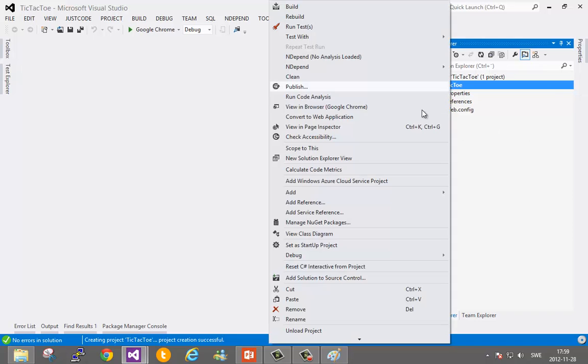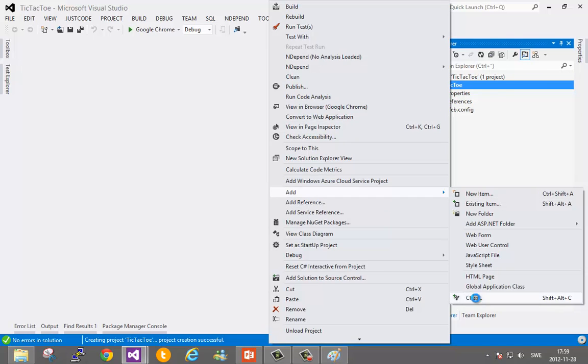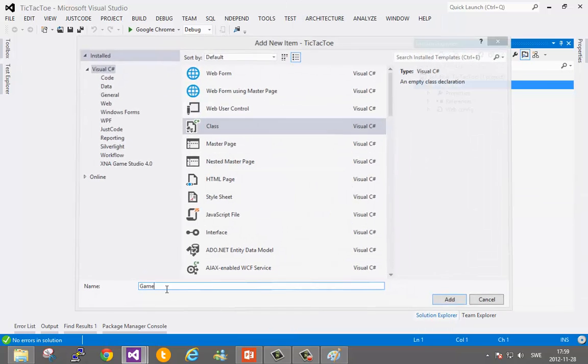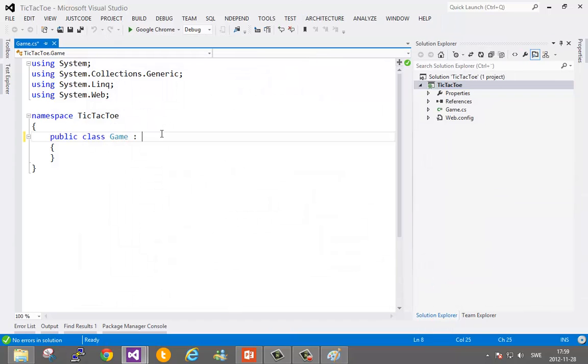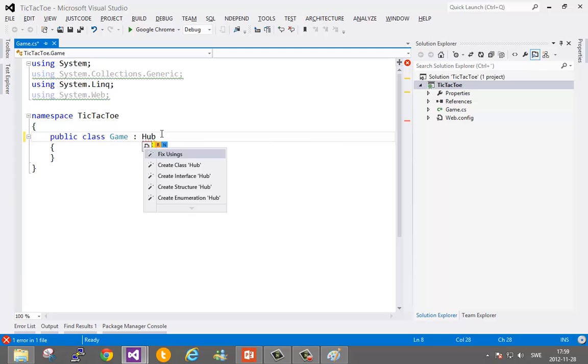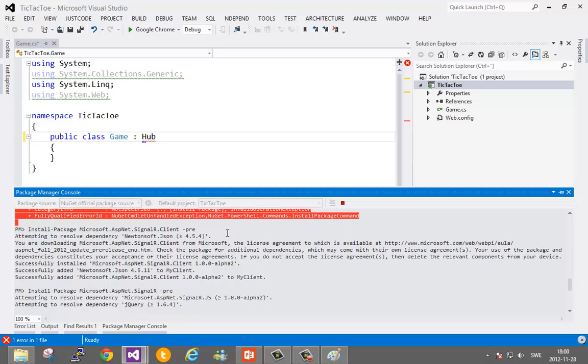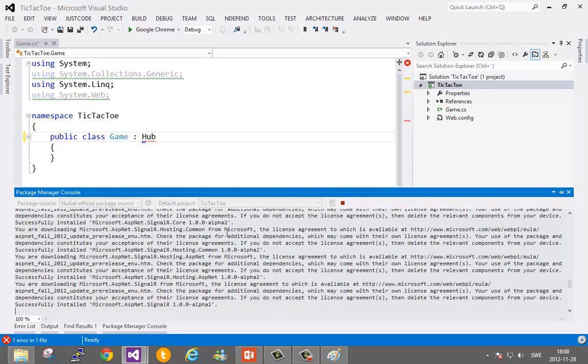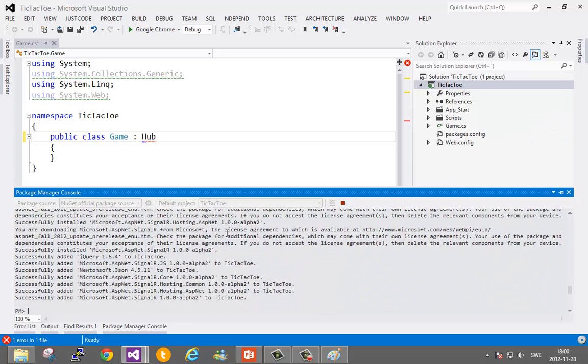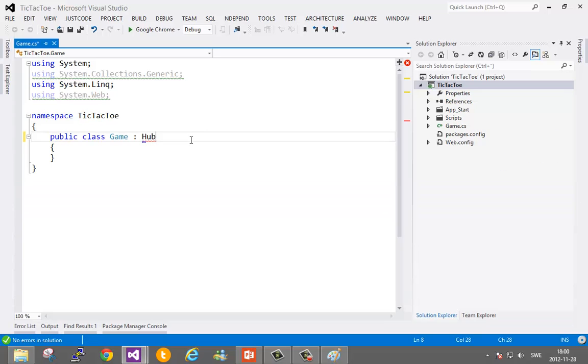And what I'm going to do here first is add a new class called Game. In this game, I'm going to derive from the Hub class, which is in the SignalR library that I need to install first. So I'm going to install the SignalR package into my application here, and then I'm going to bring in the hubs